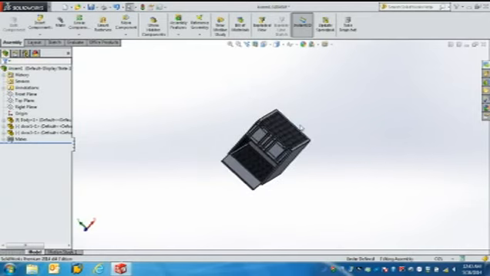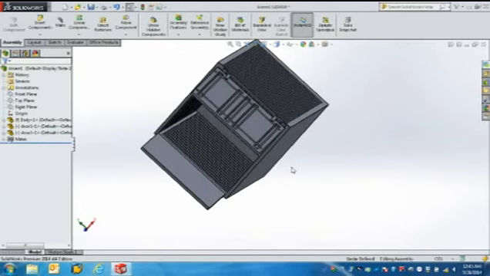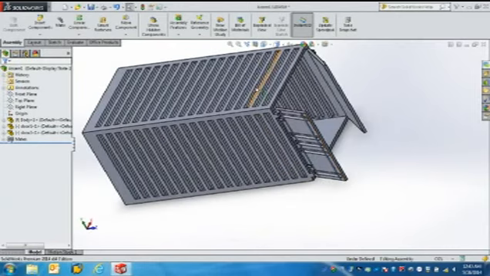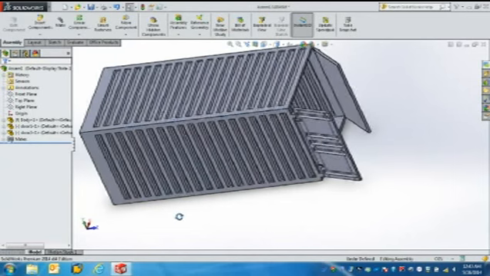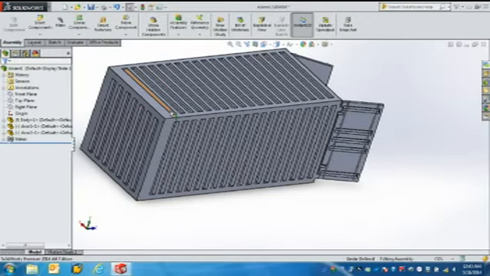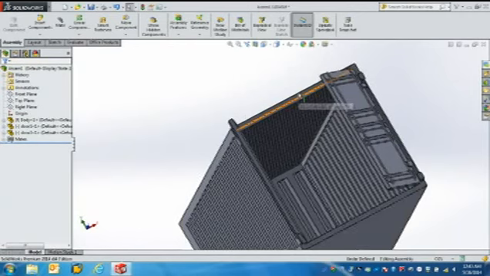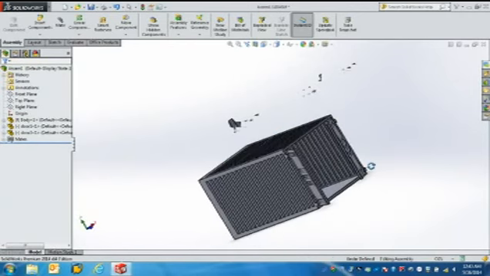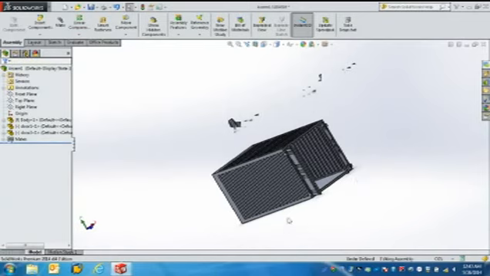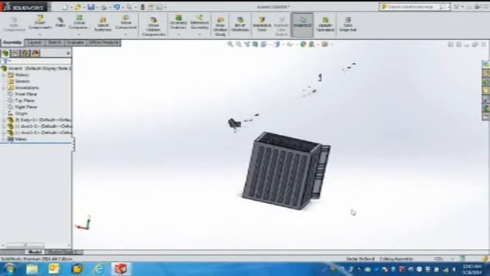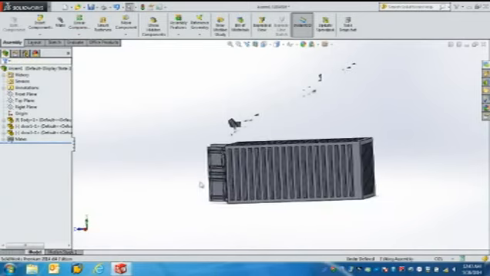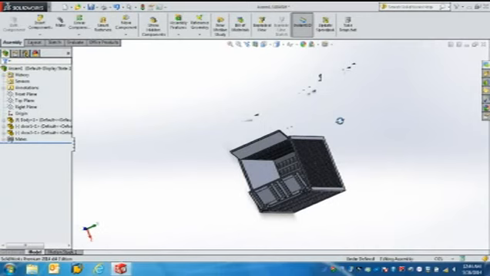So the main body of the container is just like a box, which is having the slots on the upper side of the box as well as on the inner side of the box, and similarly the same thing goes on the back side, on the left side, and on the roof of the container. The second part of the assembly is the door of this 20 feet container,